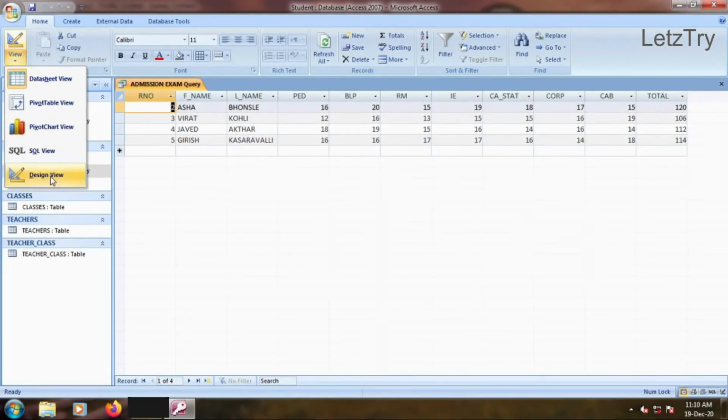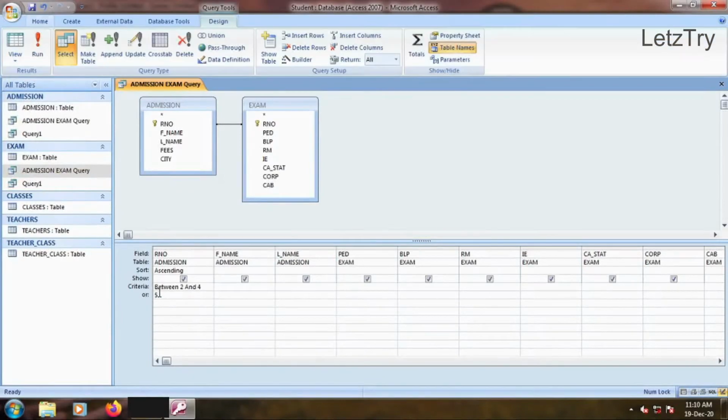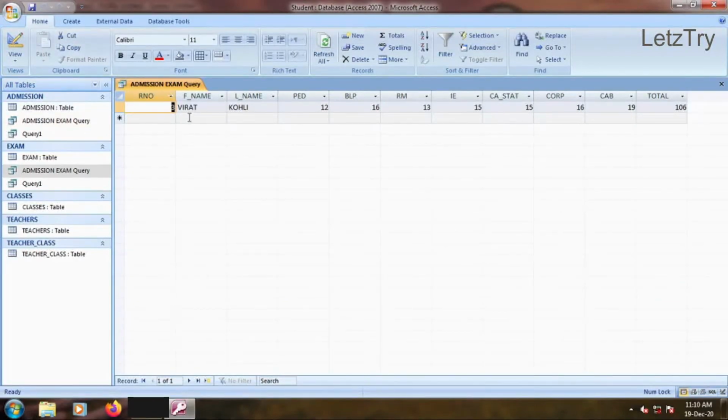Open the query in design view and delete earlier criteria. Under first name field, type like Virat. Run the query. We see a single record having first name as Virat.